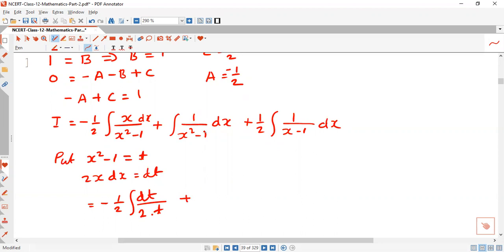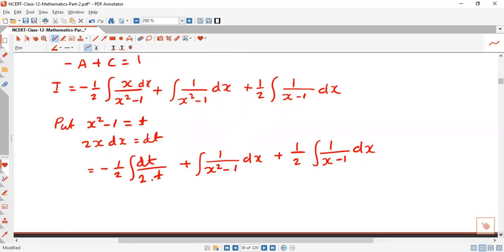1 upon h square minus a square, we know the formulas. We will apply the formula in the next stage rather than at this stage. h square minus 1 dx plus half 1 upon h minus 1 dx. Now, taking the integrations on all sides, you say minus 1 by 2, 1 by 2, minus 1 by 4 log t plus 1 upon h square